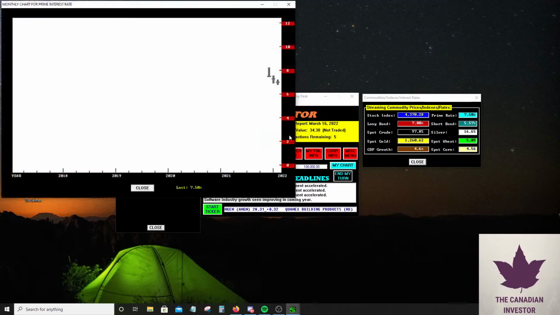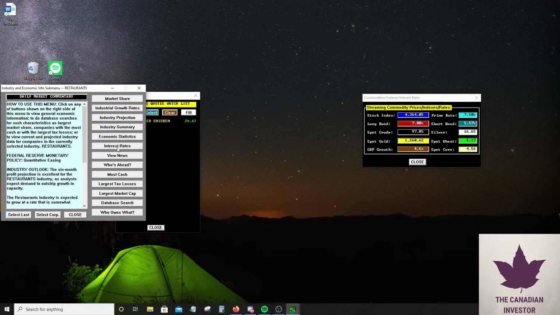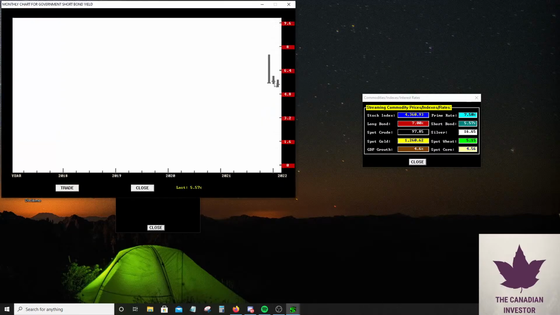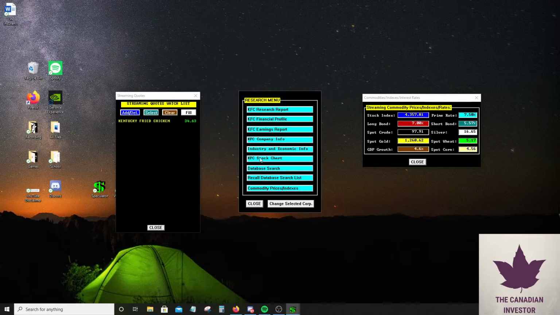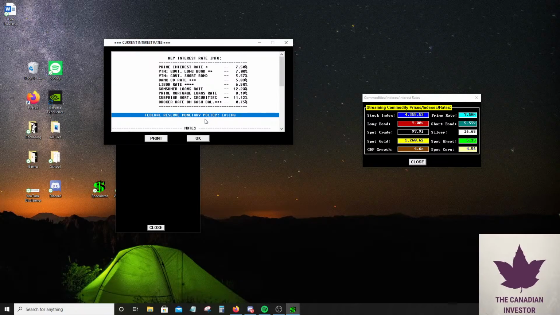So right now, interest rates are quite high. They're at 7.5%. So we're going to go and see what the policy is when it comes to these interest rates. Currently they're easing, which is a very, very good environment for me because I'm going to be able to lock in my money at 7%. And the Federal Reserve monetary policy, they're easing. So that means that they're going to be lowering the interest rates. So the short bond is taking a tank lately, and that's because basically the central bank is saying we want to ease money.